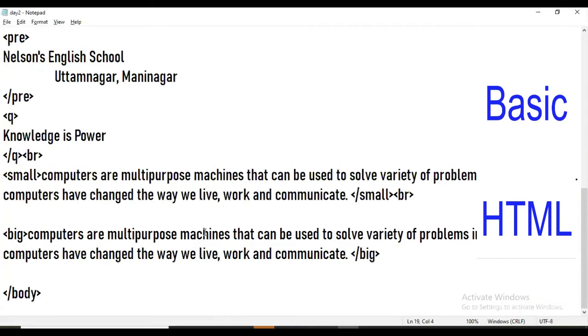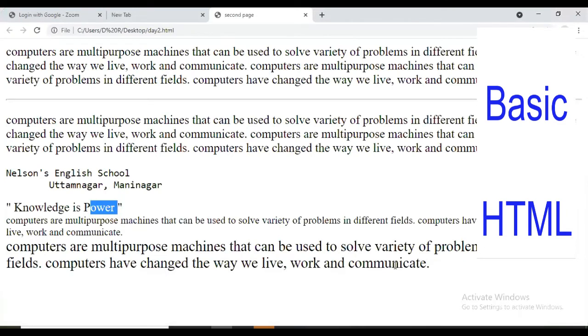Same way, when you want to show an acronym, the acronym tag is there. Save and refresh. So this looks like an acronym.